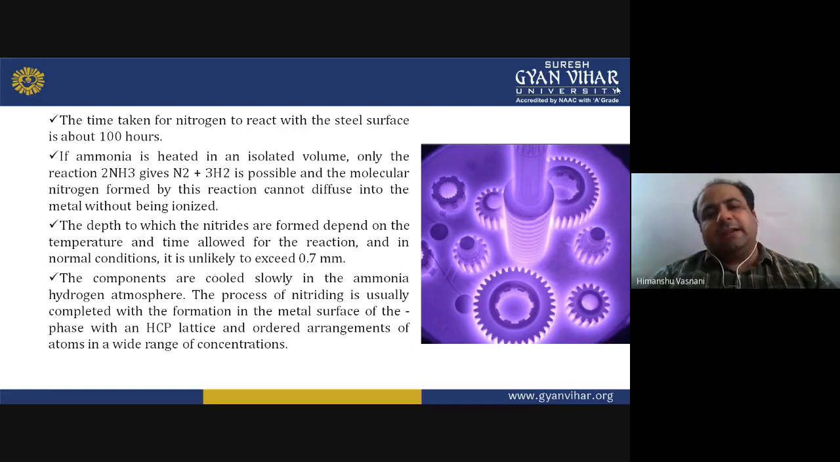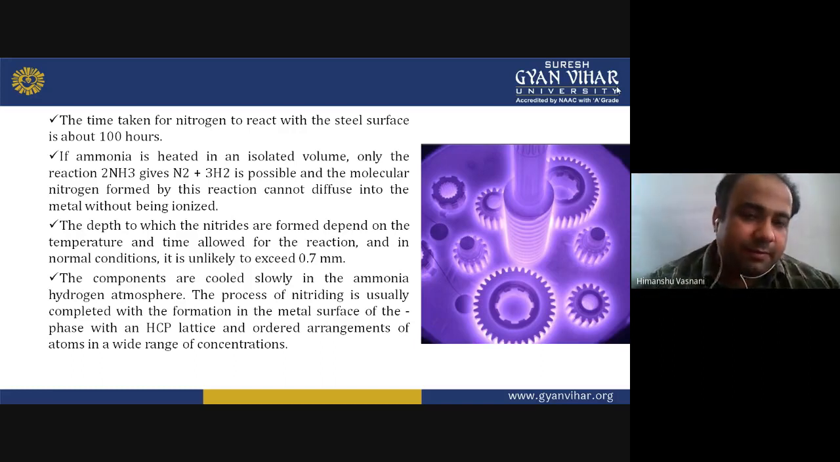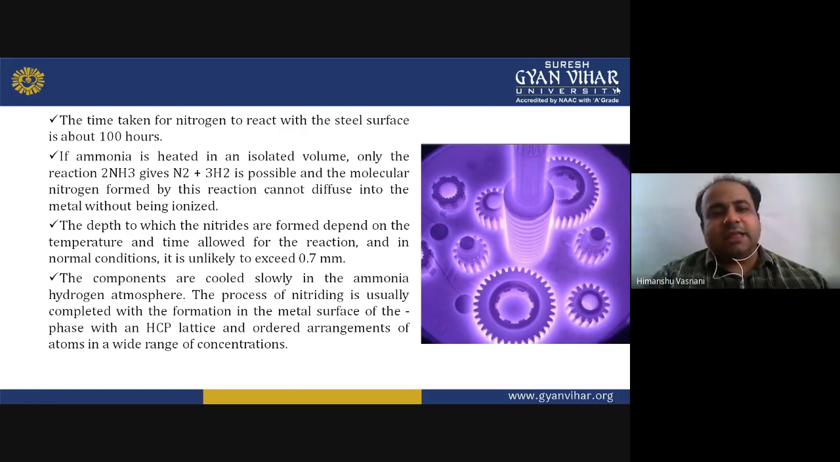The depth to which the nitrides are formed depends on the temperature and time allowed for the reaction, and in normal conditions it is unlikely to exceed 0.7 mm. The components are cooled slowly in the ammonia hydrogen atmosphere. The process of nitriding is usually completed with the formation in the metal surface of the phase in which an FCC lattice and ordered arrangements of atoms exist in a wide range of concentration. Since around 100 hours are required for the process to happen,